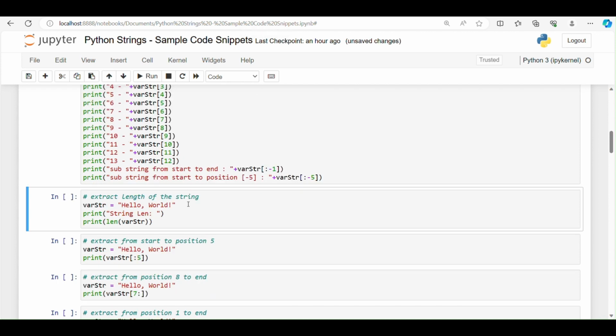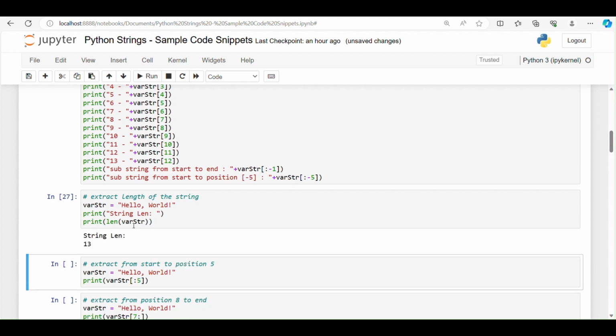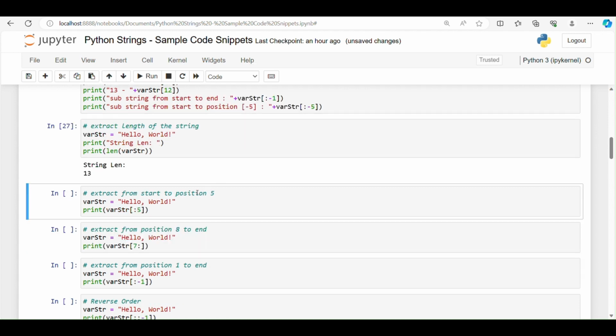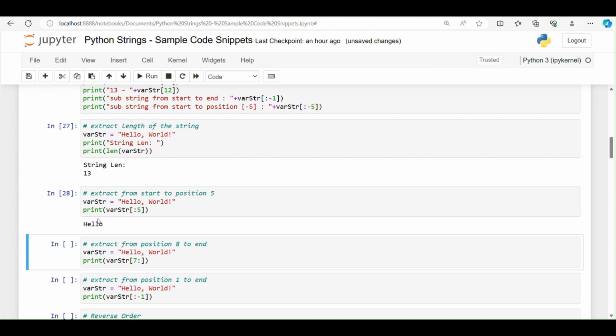To extract length of the string, hello world, use built-in function len. If you run it, we get the string length 13. Next, extract string from start to 5th position. See the colon and the number. If you run it, we get the string